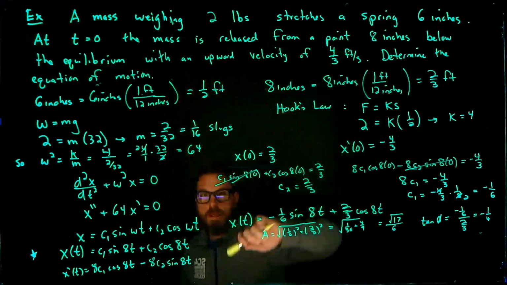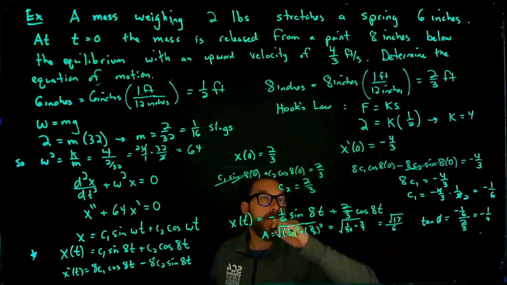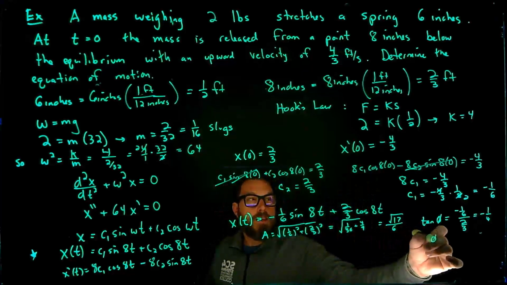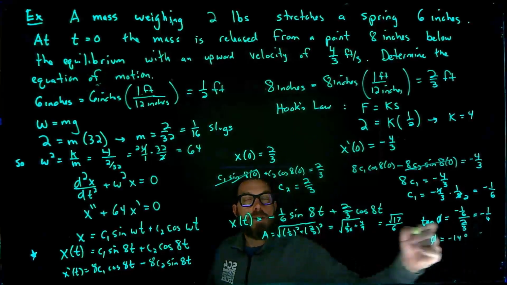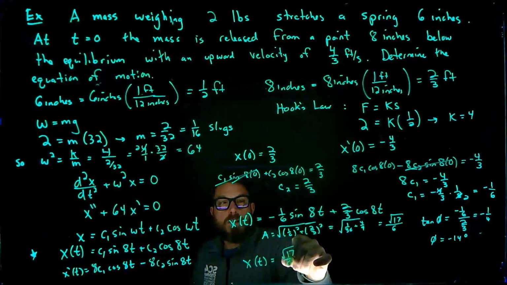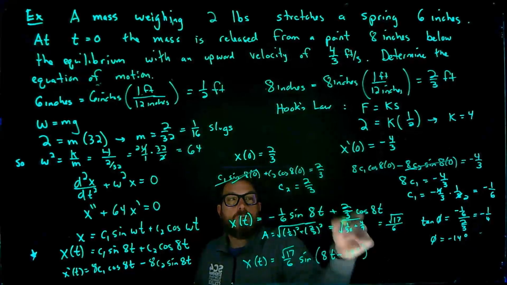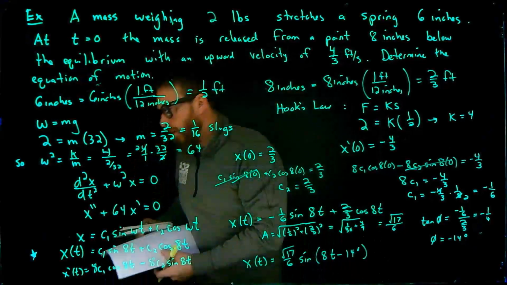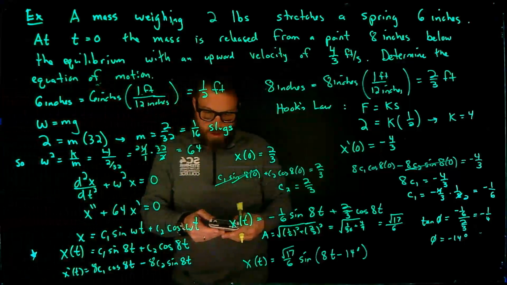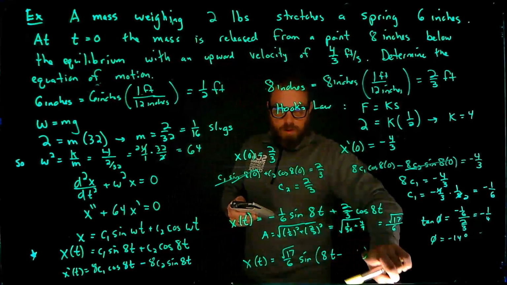That'd be 14 degrees if it was positive, but it's in quadrant 4 because, again, the sign is negative, so the opposite is negative. So phi is going to be about negative 14 degrees. So therefore, x of t is going to be equal to root 17/6 sine of omega t minus 14 degrees. Or if you want this in radians, we could write this as